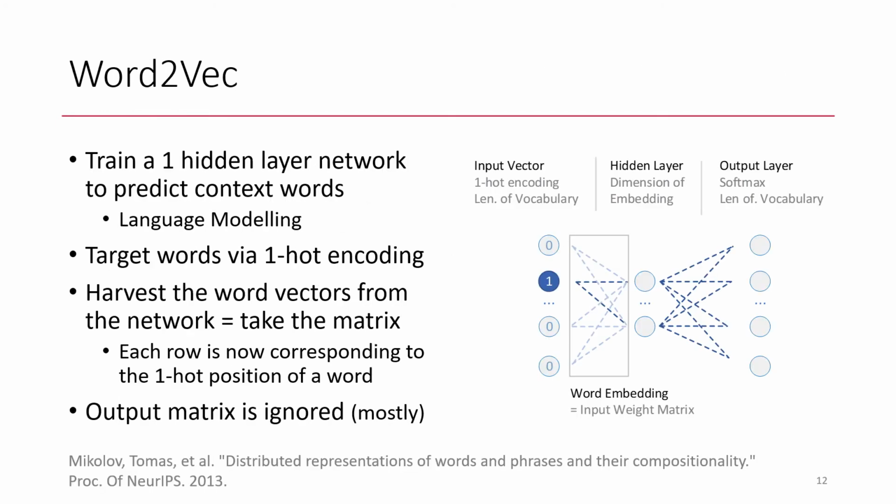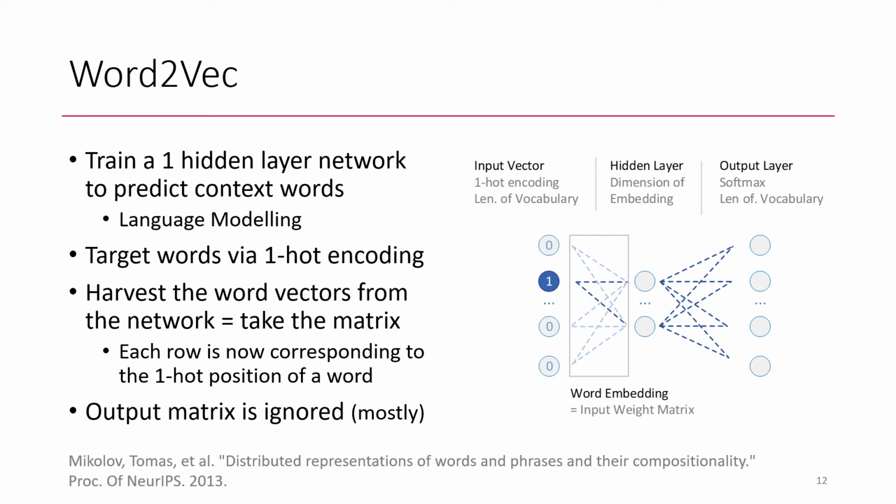So let's talk about the famous word2vec algorithm. Word2vec basically trains a one hidden layer neural network to predict context words via language modeling. And then, well, you might think, but that's kind of not the task of learning word embeddings. We never actually tell the word2vec network that it needs to learn word embeddings, but how we do